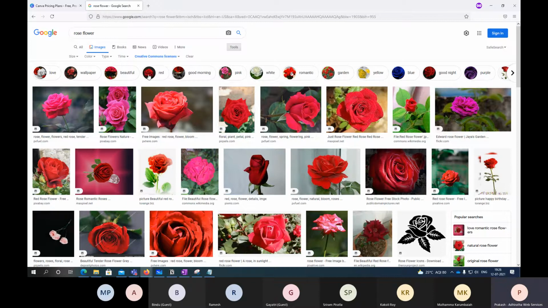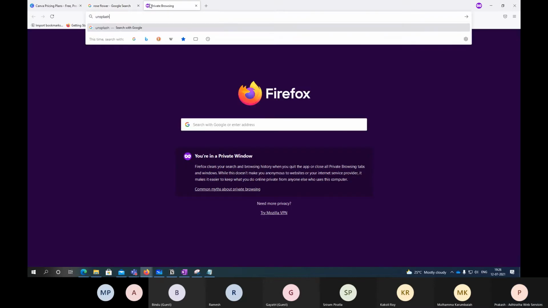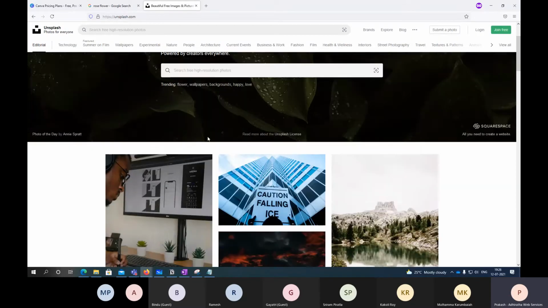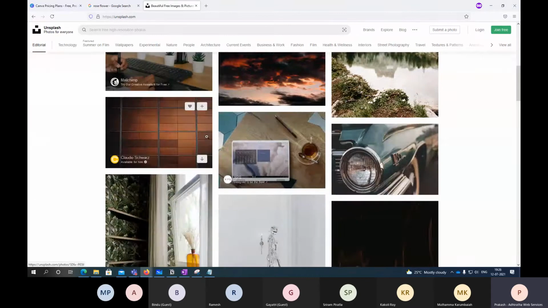Yes. So this is what we have to use, right? But in Google, it will be very difficult for you to find out. So there are other platforms where we use copyright-free images. One is, you guys can make a note, unsplash.com. From here, you can use any photo without any copyright issue. So tomorrow, someone will not come and file against you wherever you use that artwork, right? So one is unsplash.com. Here you can come and use these photos.